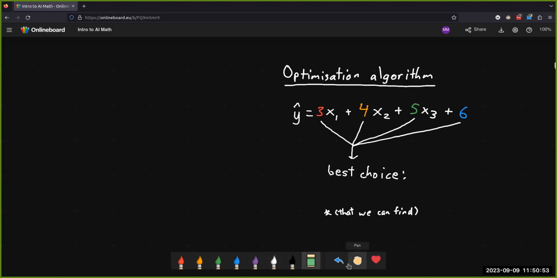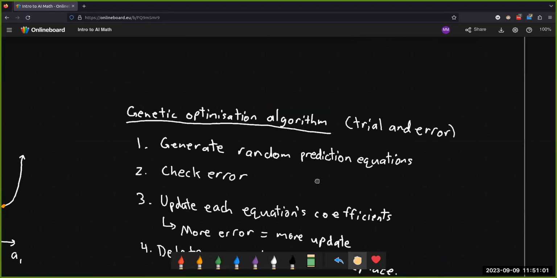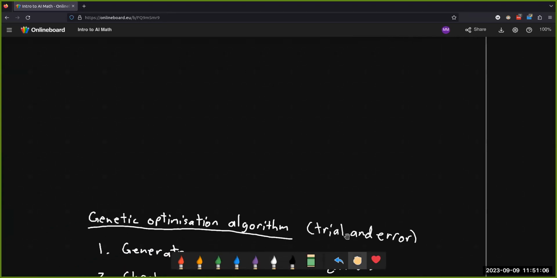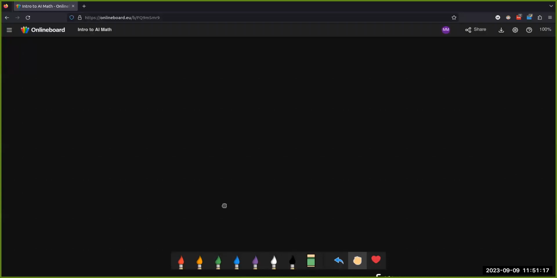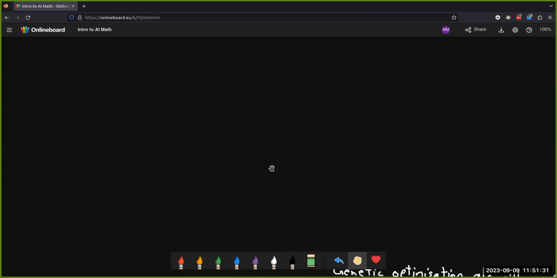So in particular, I will show you the steps of the algorithm. You'll see how it's related to what I just outlined. So this is called a genetic optimization algorithm. Fancy words. It just means trial and error. What we're going to do is generate a bunch of very random prediction equations. So a bunch of equations that look like this one, where we just change the numbers, the parameters. So this 3 could be like a 0.89. This 4 could be like 10 million, whatever. We're just going to randomly pick numbers to assign,